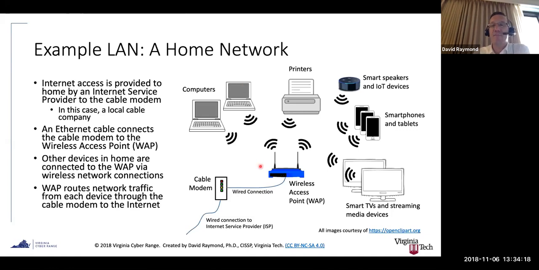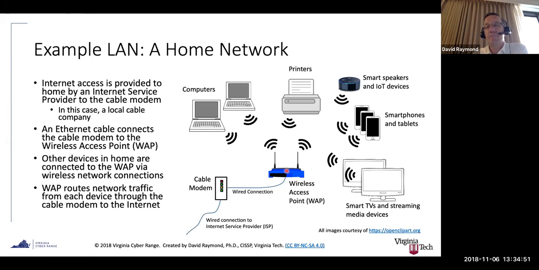What the wireless access point does is it prevents anybody out on the internet from even seeing your devices individually on your home network. All they see is the wireless access point. So as long as wireless access points are kept secure by the vendors and by the owners, then you should be in good shape in terms of securing your home network. Unfortunately, there were some issues with vulnerabilities in wireless access points recently over the last year or so. Maybe we'll talk about those another time.